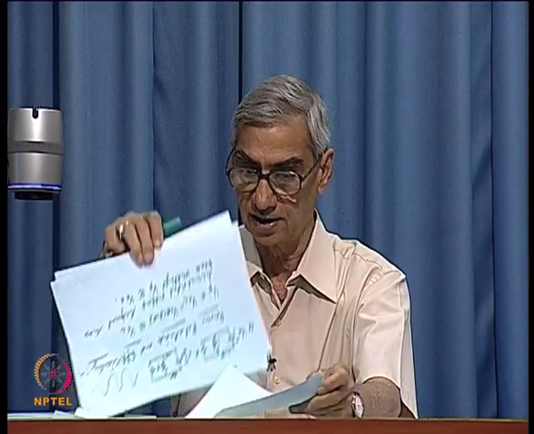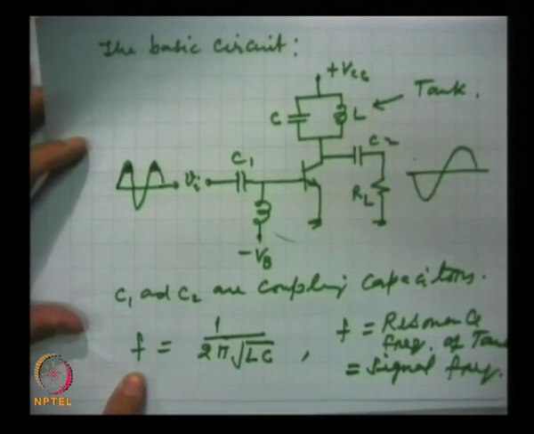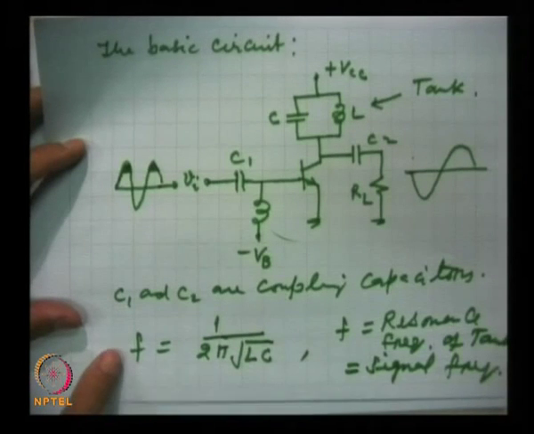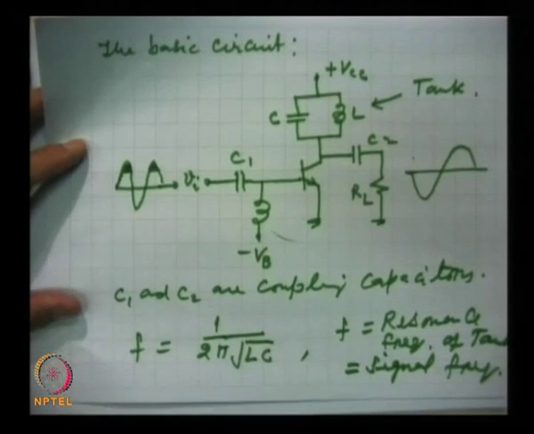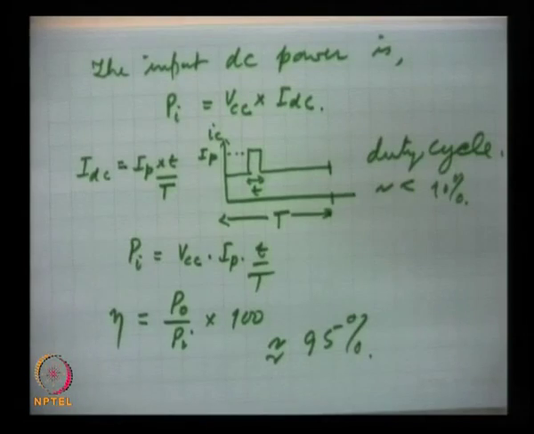They operate in kilohertz and megahertz or still higher frequencies. The higher the frequency, the smaller the value of capacitor and inductance required. Here, the expression I wrote, the resonance frequency f is 1 by 2 pi root L C. So, for very high frequencies, very small values of capacitance and inductance will be required in the circuit. So, very high Q tank circuits are possible with such small values.